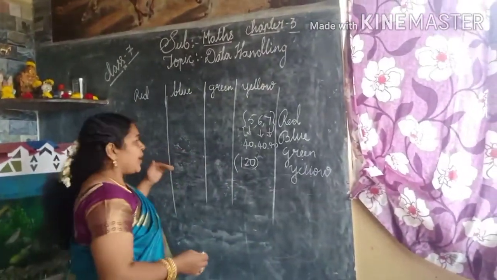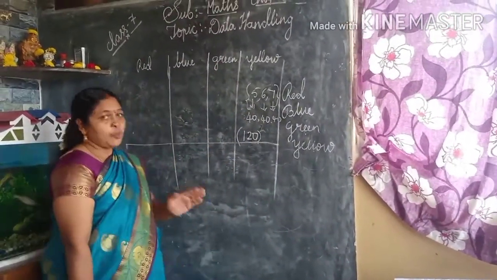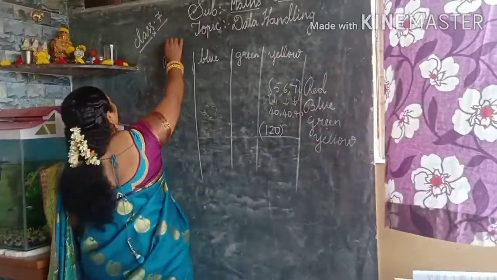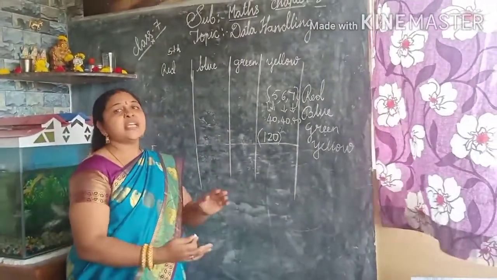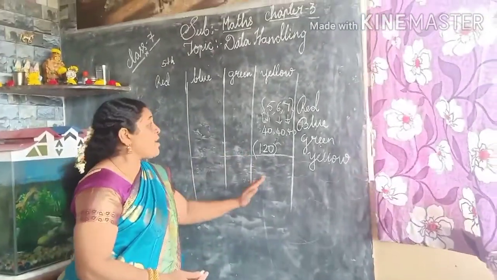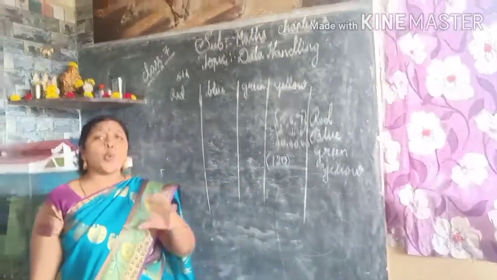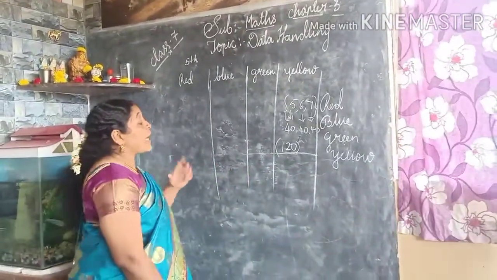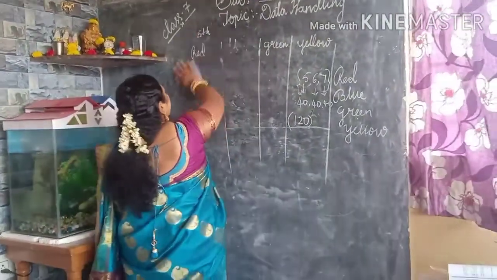If you are well enough, we will try to make columns as 5th one group, 6th one group, like that. If not possible, we will make one sheet each, saying this is for 5th standard. Next one more sheet we will make and say this is for 6th standard. Is it not? So this is called, first of all, assumption of the data. First of all, you should know how to create your data. The second one will be called collecting of data. So first you have to collect some data.